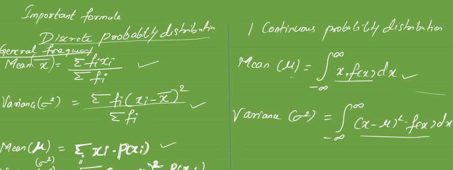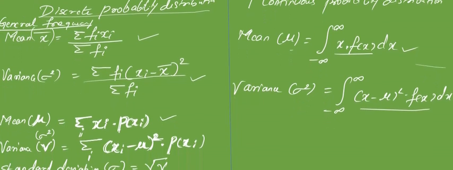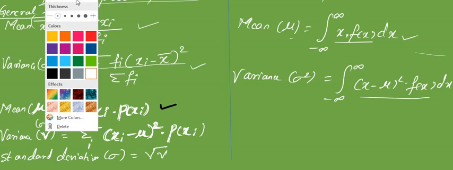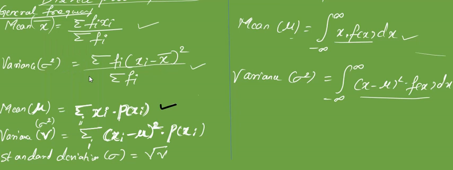So we have a continuation of probability. In the last video we discussed random variable, discrete and continuous. Now we are moving to the problem based on discrete and continuous system. Here we have to know two important formula: finding mean, variance and standard deviation. Discrete will use summation in its formula. Continuous will use integration in its formula. That's the only difference between them.